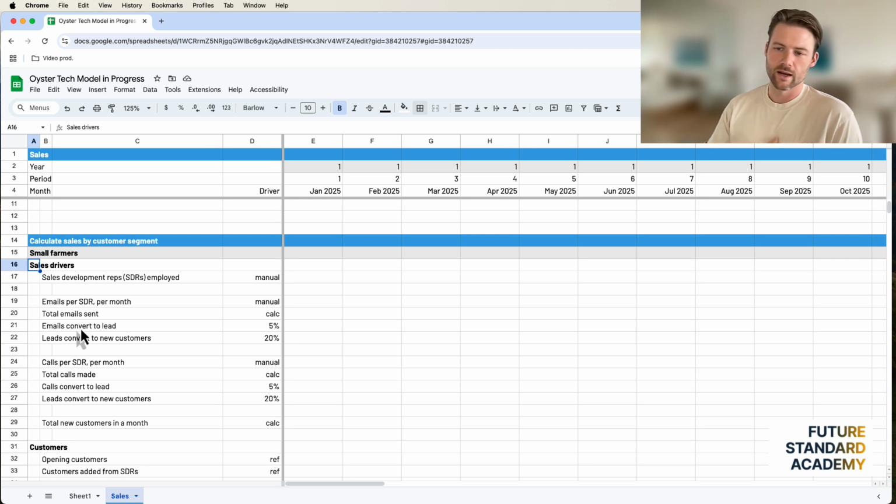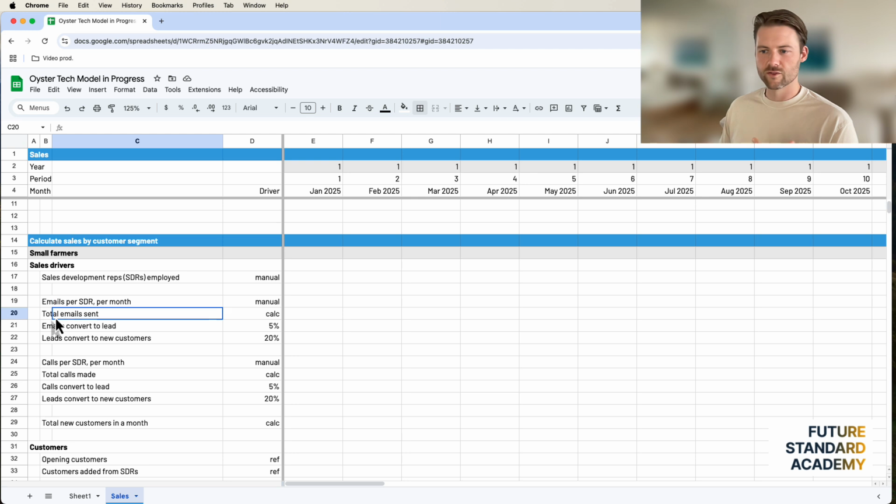And in this case, I just said, well, we're going to hire some sales development representatives. Okay. I know I just said don't do that, but like in this case, the small farmer is still a large enough account to warrant a sales development representative hitting the phones, right? Hitting the emails per month, and then converting those emails into the total amount that they can send in a month. Emails converted to leads would be say 5% of them convert to leads, and then you'd have the leads convert to new customers at say 20% rate.